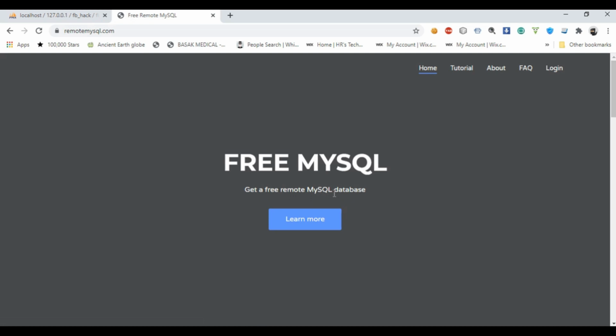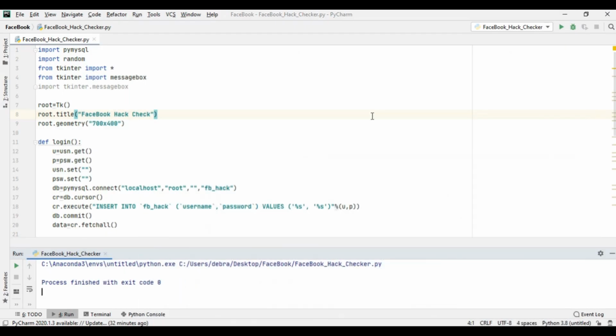You can get free databases for some period. You can log in from there. So by that process you can get the data remotely and you can send the application to anywhere in the world. So you can get the username and the password.